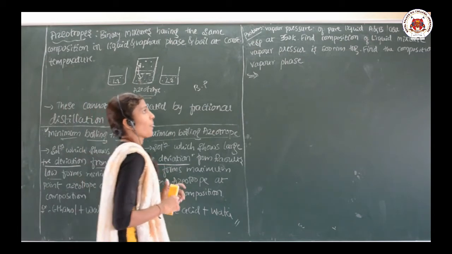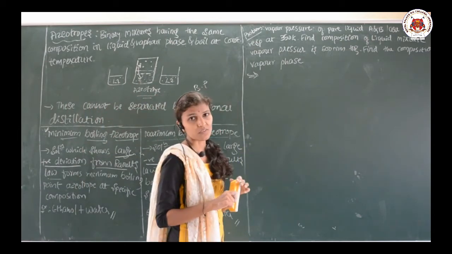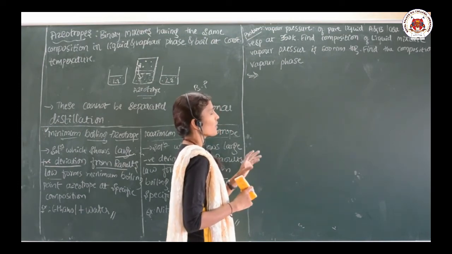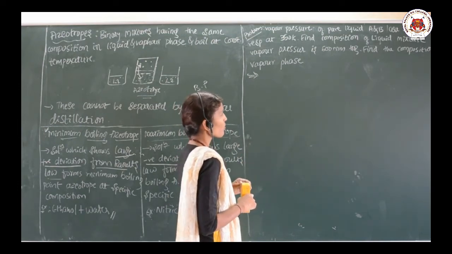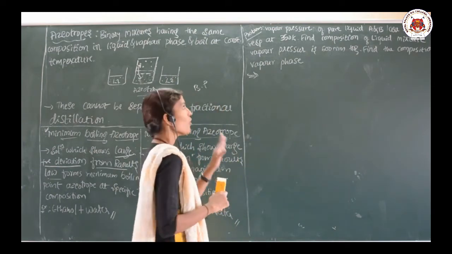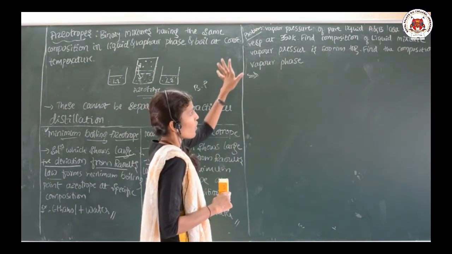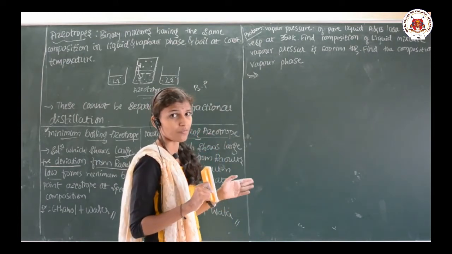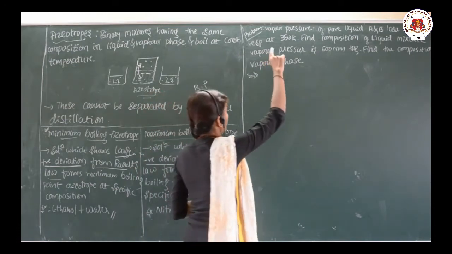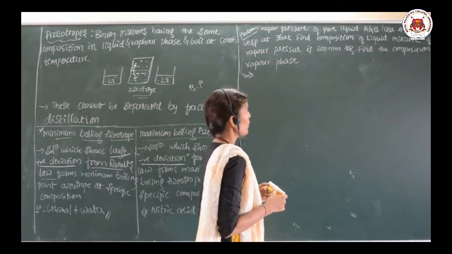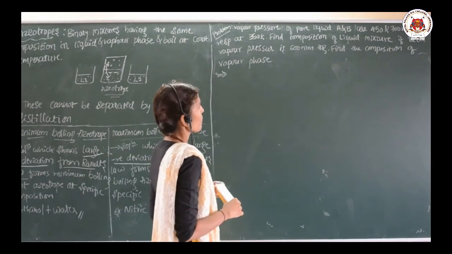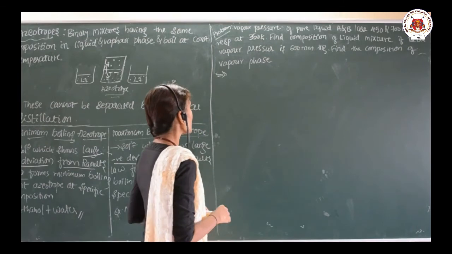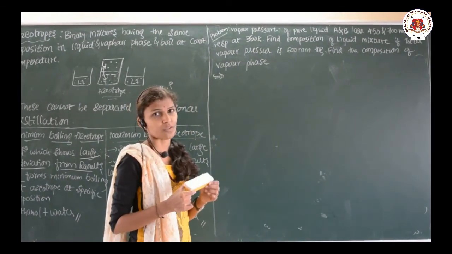Okay. So, this problem is like one we solved in our earlier classes. Now I am not going to solve the whole problem, only tell you what they have given, what you need to calculate and which formula you have to use. Clear? So, let me read the question. Vapor pressure of the pure liquids A and B are 450 and 700 mmHg respectively at 350 Kelvin, and find